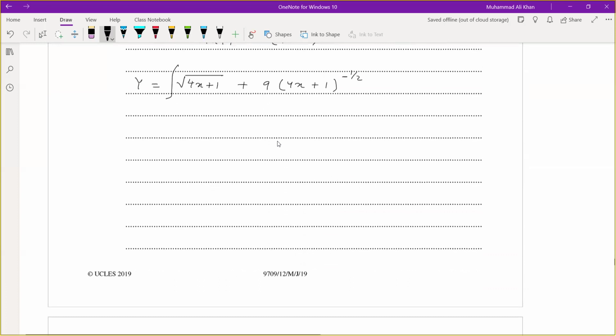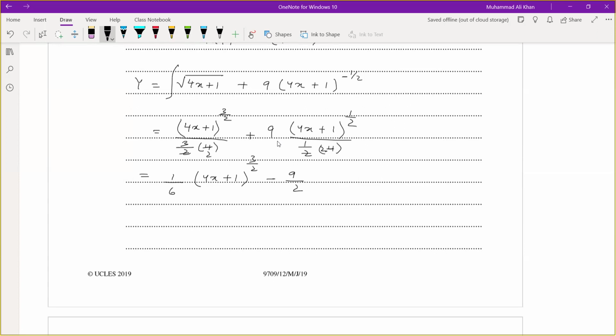So after the integration it will be 4x plus 1 power half plus 1, 3 upon 2 divided by 3 upon 2 और साथ में बेस का डेरिवेटिव 4 plus 9 4x plus 1 minus half plus 1 is half divided by half, साथ में बेस का डेरिवेटिव 4. So it will be after cancellation 1 upon 6 times 4x plus 1 power 3 upon 2, and here it is